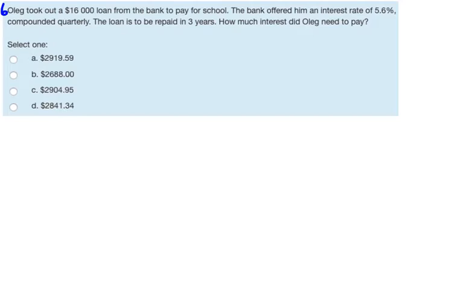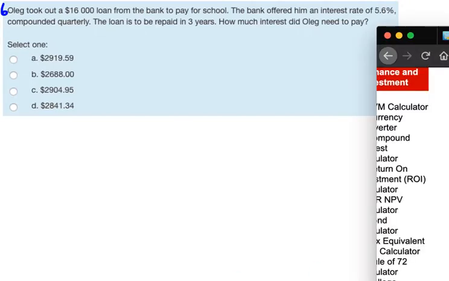And in number 6, we take out a $16,000 loan from the bank to pay for school. The bank offers an interest rate of 5.6% compounded quarterly. The loan is to be repaid in 3 years. How much interest did you need to pay? So again,